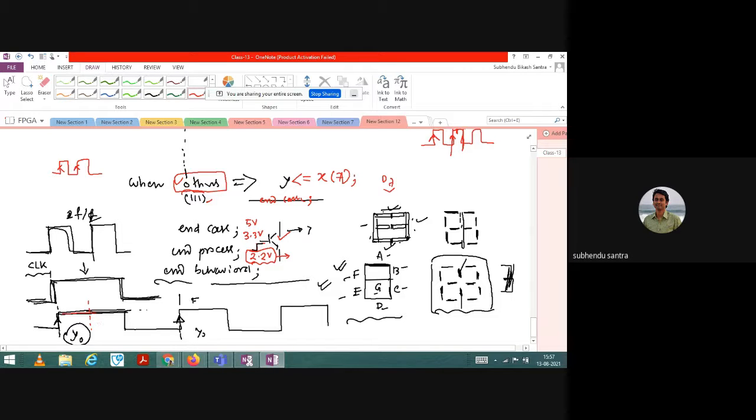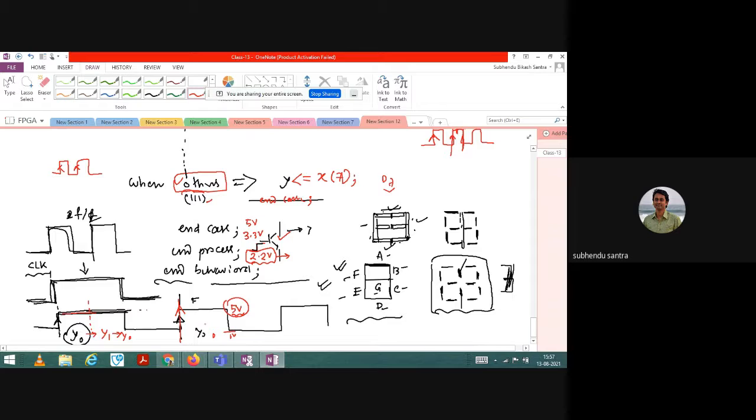So in that condition, even before the next execution time or next clock time, which is the positive-edge trigger, your output will oscillate, maybe from y0 to y1, and then y1 to y0 once again. This principle is called the glitch principle, and it happens because of input voltage inconsistency. You are thinking that 5 volt is the input voltage, where 1 means 5 volt and 0 means 0 volt.